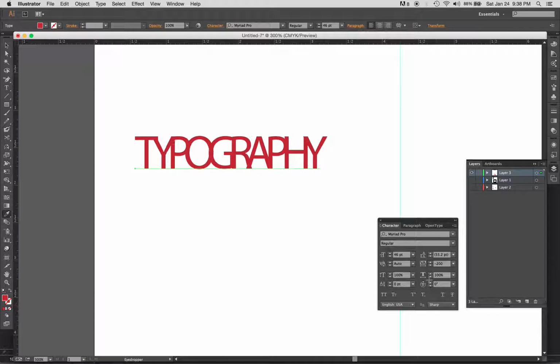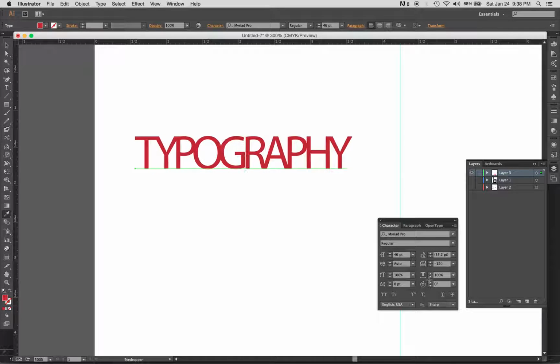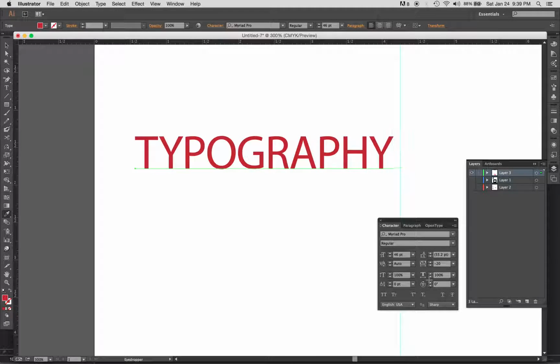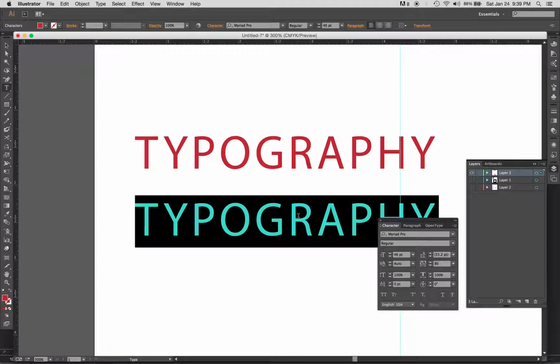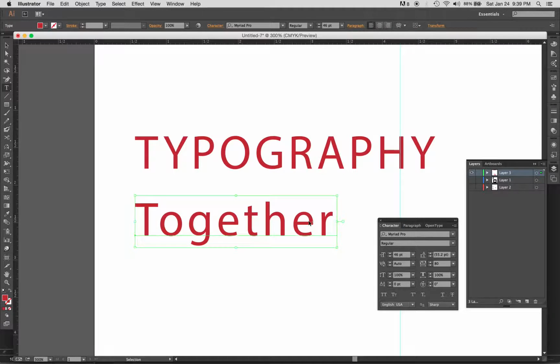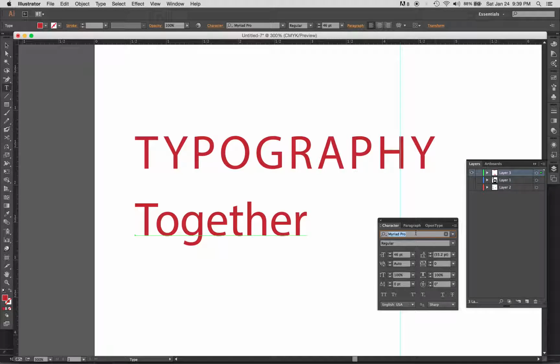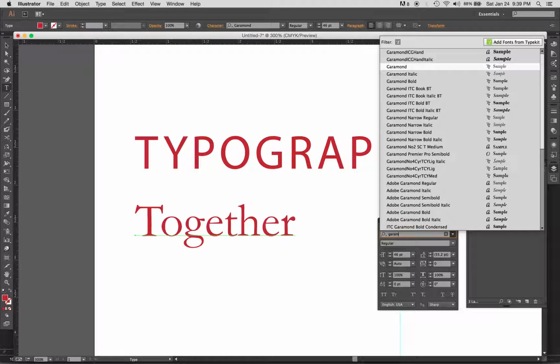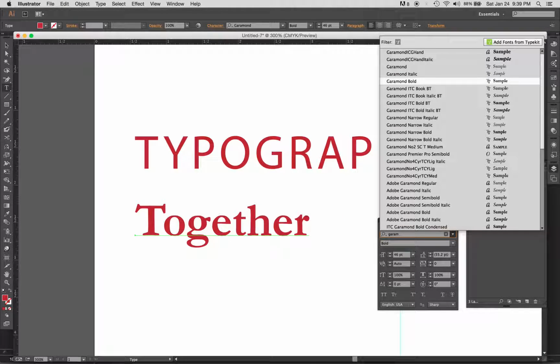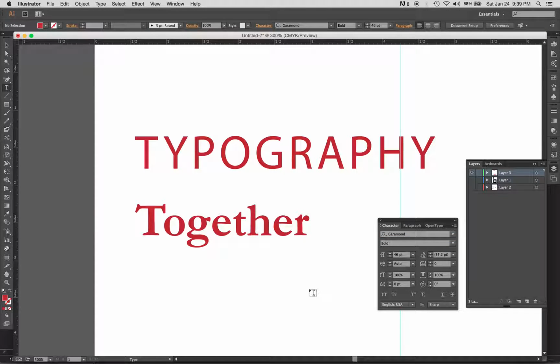So you can kind of see what happens when we control the tracking, and so that's the space in between all the letters. Now in some cases, and I'll give you an example here, let's go just to default, and I'm going to do a Garamond bold, let's say. All right, so you can see with some letter forms, for example, this T and a lowercase o, there might